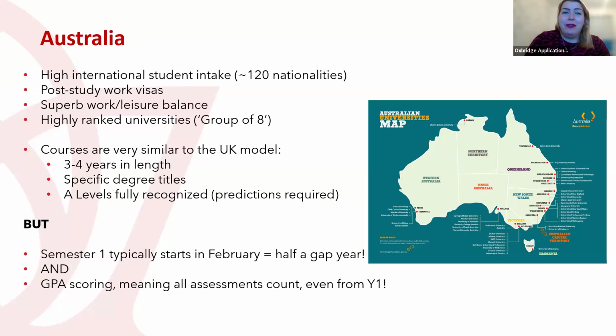The other thing that's really different is the way that students are examined. And this is really important to know at this point because it might favour lots of people. It might be nightmarish to other people. So they use what's called a GPA, which stands for grade point average, meaning that every exam, every test, every piece of homework, essay, coursework, everything you do counts and all gets averaged up at the very end after your 3 or 4 years to give you an overall score for the entirety of your degree,